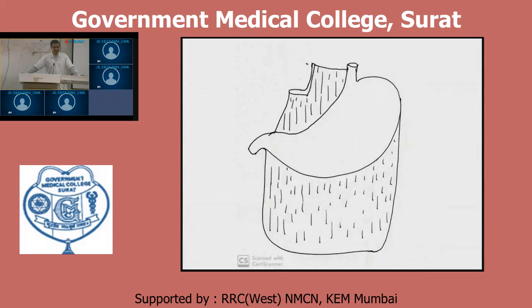We already covered the fissure for ligamentum venosum, formation of this attachment, porta hepatis and all these things. Its upper attachment is in relation with the liver, and the lower attachment of this lesser omentum is in relation with the lesser curvature of the stomach. It will extend up to the first 2 cm of the duodenum. Now this one is the greater omentum. Now this greater omentum will form a free fold